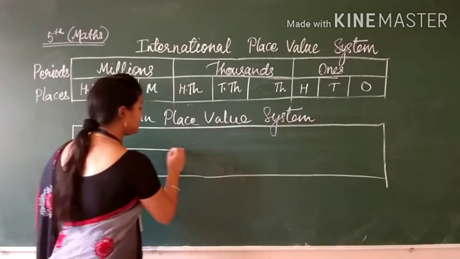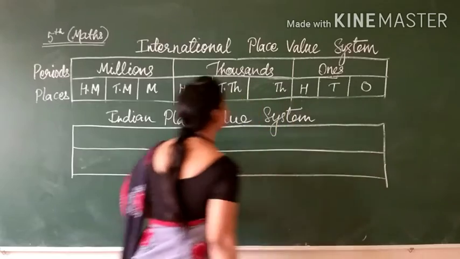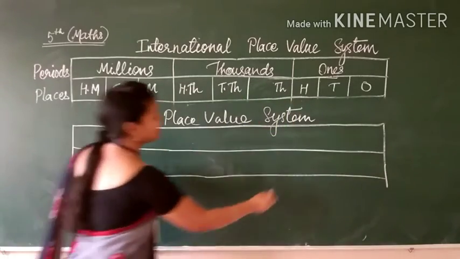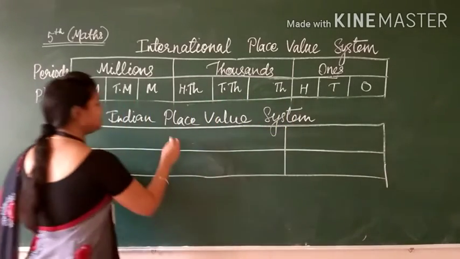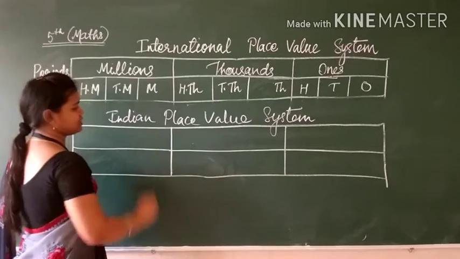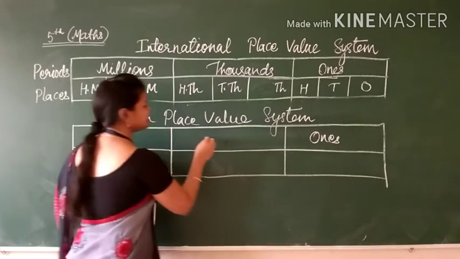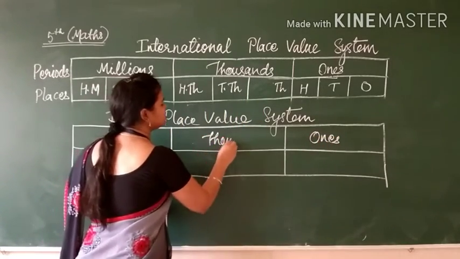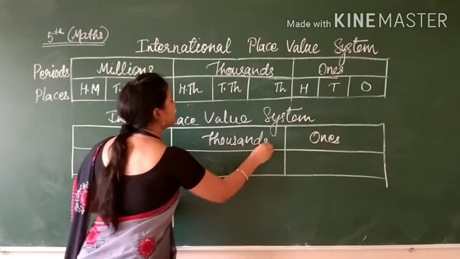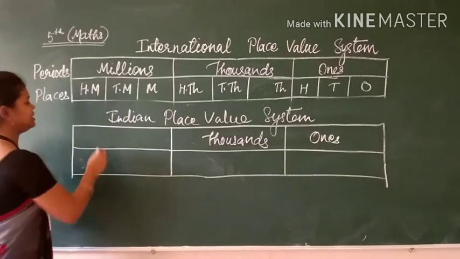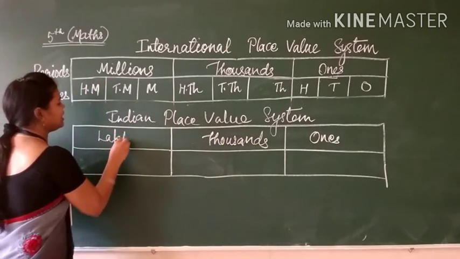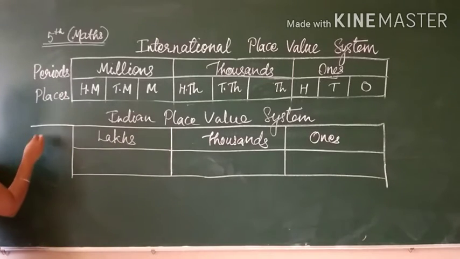So there are certain differences between the International and Indian Place Value system in the periods and places. So here see, ones, the second period is also here, thousands, but the third period instead of million here is lakhs, and the next period is here